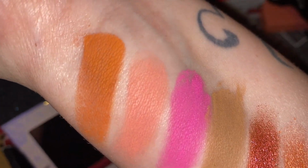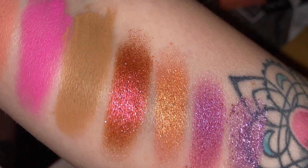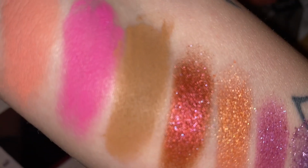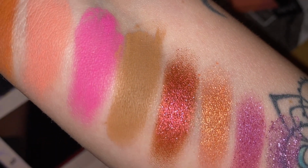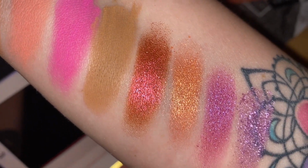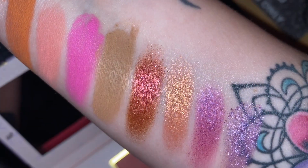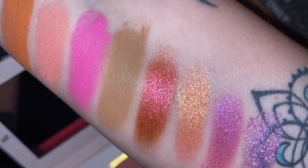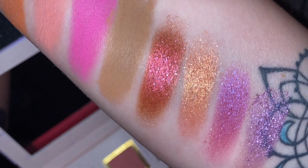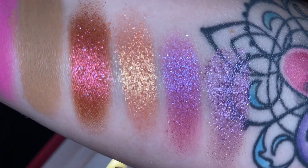so perfect for fall. We'll definitely get a lot of use out of that shade and this shade right here, that last matte shade. I will definitely get a lot of use of as well. It's like a beigey, dark beige shade. And these two shimmers here, I will definitely use very often. Especially this season. These two shimmers here are gorgeous as well. And I will definitely